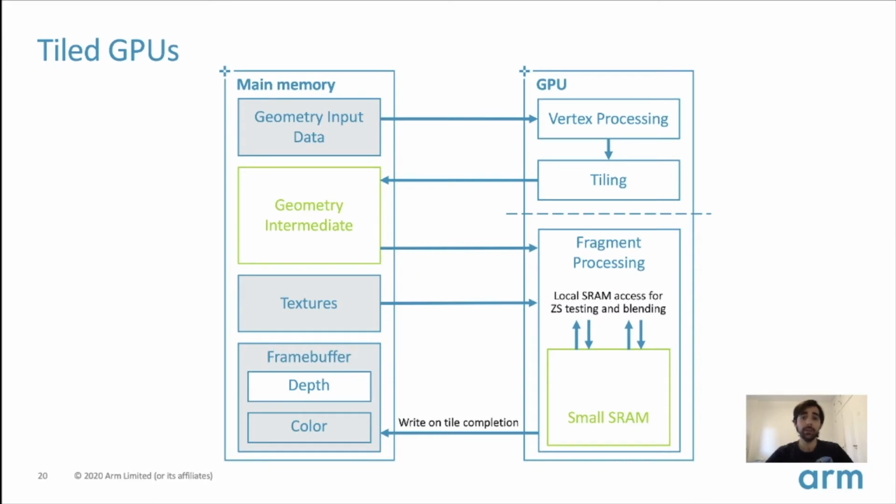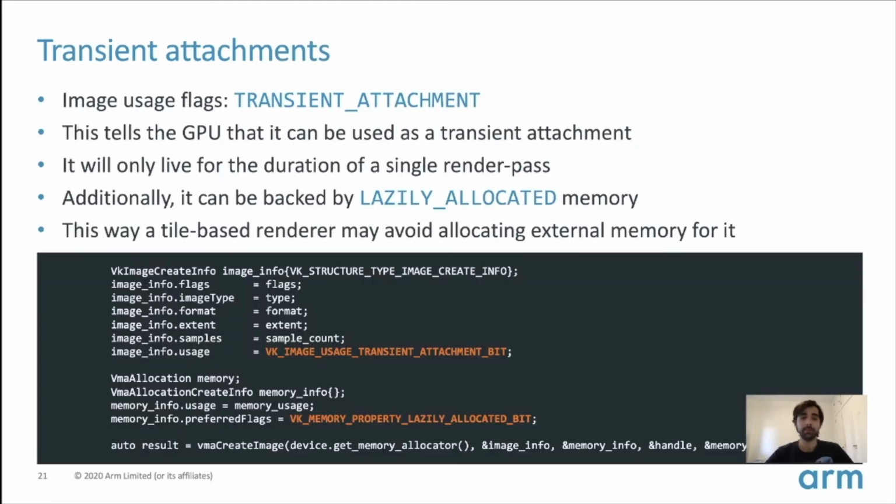In our diagram, that means that if we are rendering our tile, we are doing the depth testing directly on the tile. So that means that our depth attachment can live entirely in tile local memory. There is no need to read the previous contents of the depth, so we can use a load op clear or don't care. And there is no need to write out to main memory the depth once we're done rendering. Once we're done rendering, we can just write out the color and leave all the depth values in the tile local memory.